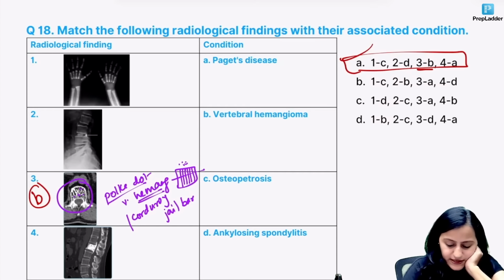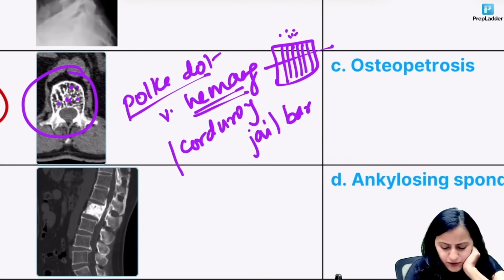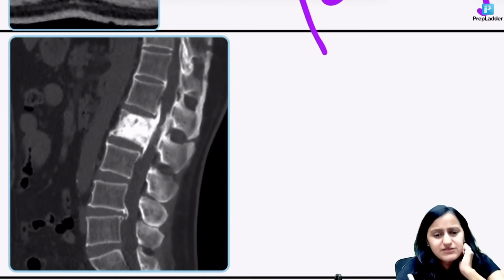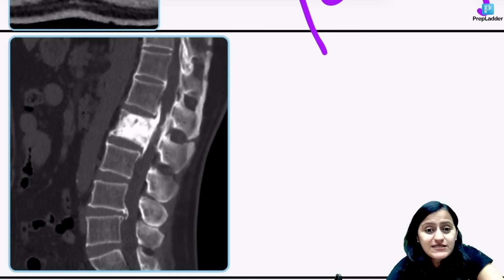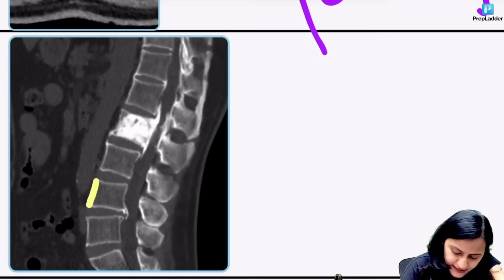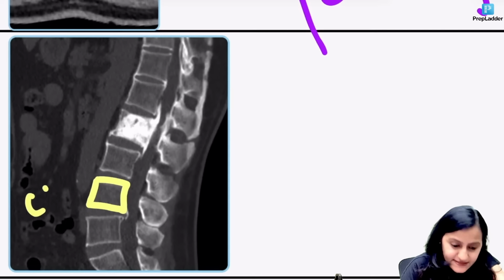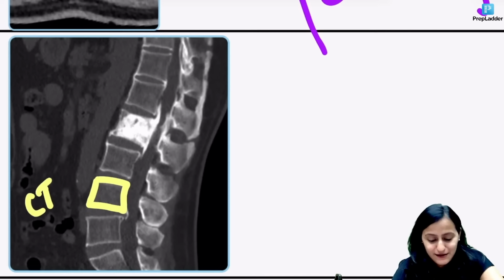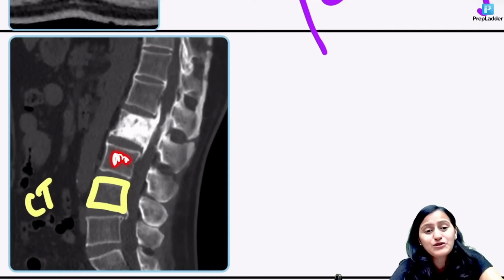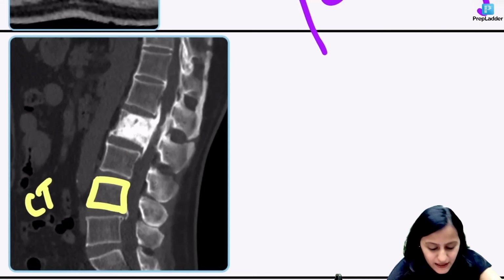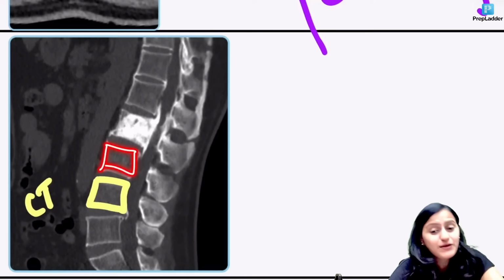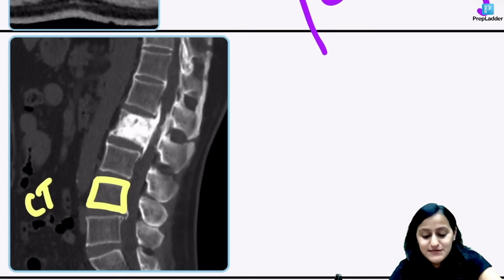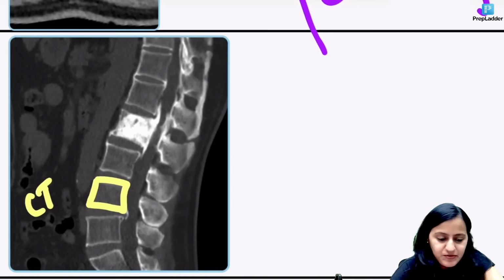Let's have a look at the other options. Look at this one, okay guys. First of all, tell me this is CT or this is MRI? This is not an MRI. Look at the bone cortex. The bone cortex is white. This is going to be CT. I know that many students make a mistake here looking at the bone which is black. Do not look at the inside part of the bone. Look at the bone cortex. Okay, Ayappan? I hope you'll not make this mistake in the exam. Look at the bone cortex. Okay, so this is CT.